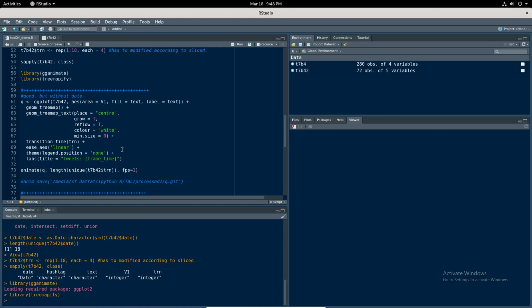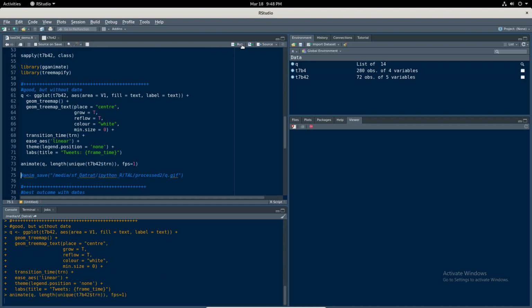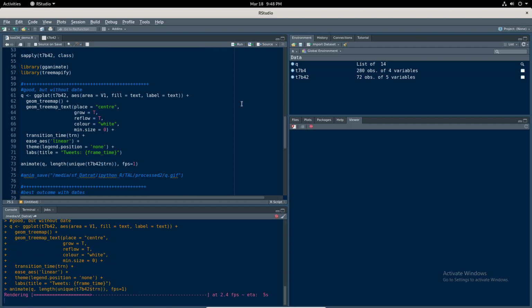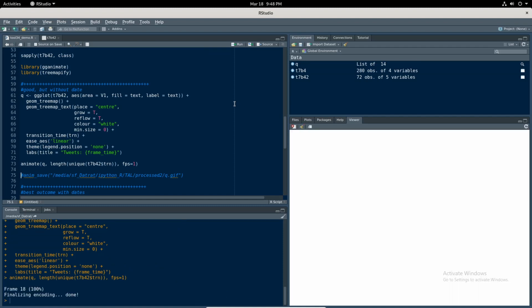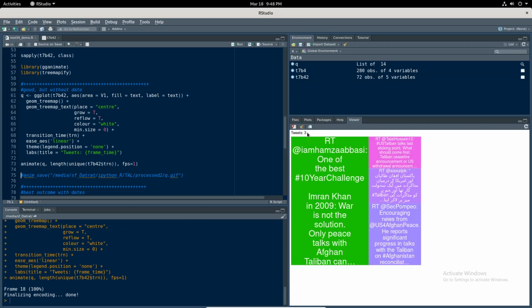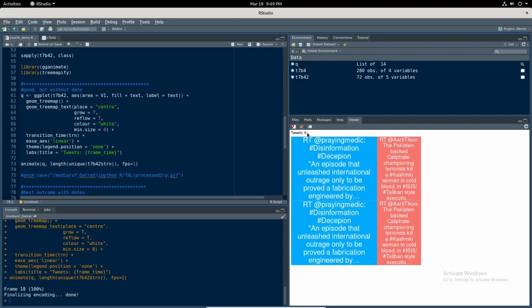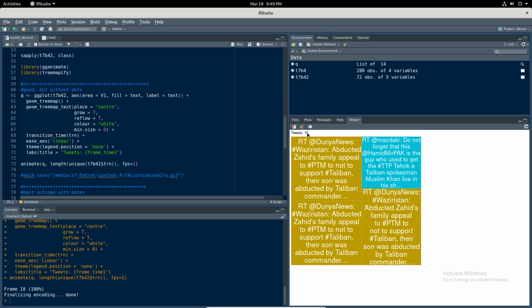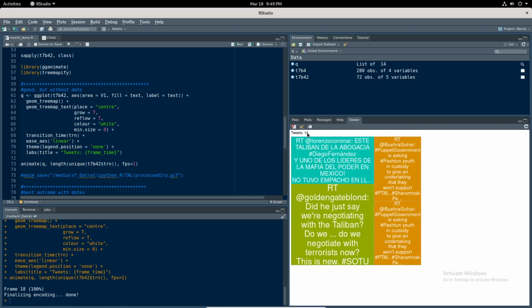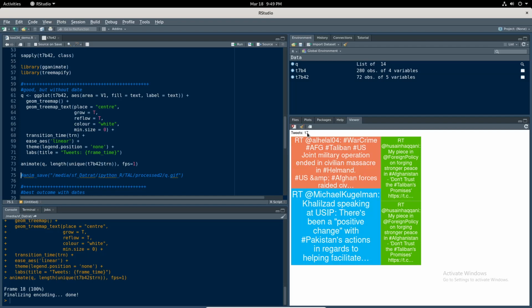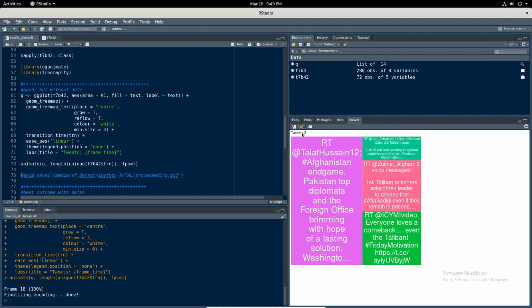So let's go with the first case of application. Here I am using the transition column for the transition of the frames. So let's apply this, and we see the rendering is being done very fast. In this, the gifski renderer is being used by default, and we see that this number is controlled by the transition column, and for 18 days it is being neatly transitioned without any problem, and the size of the tiles is also being controlled by this tweet size, which I have told you earlier.